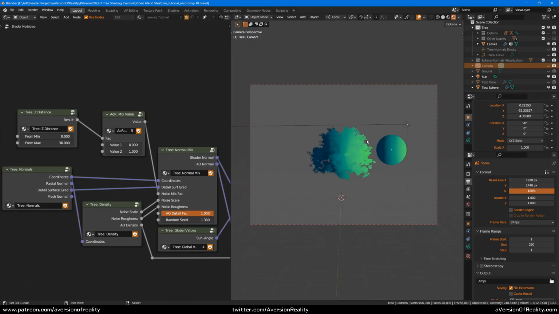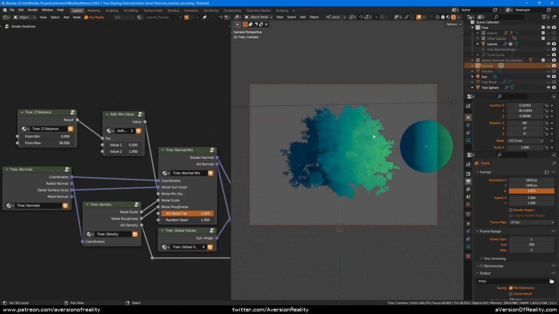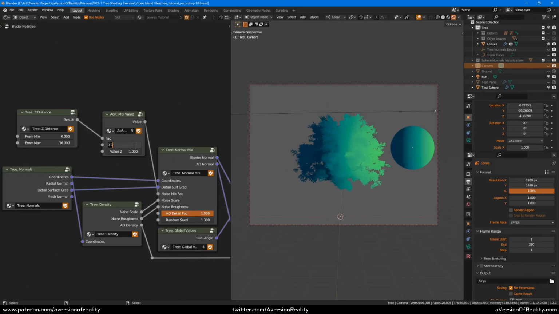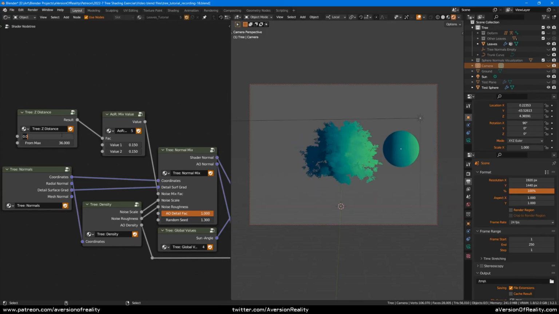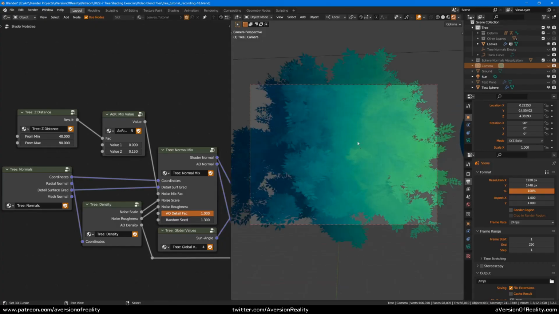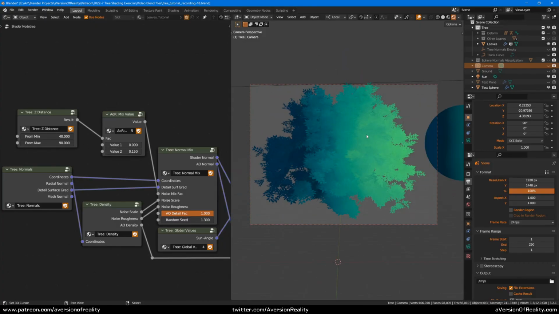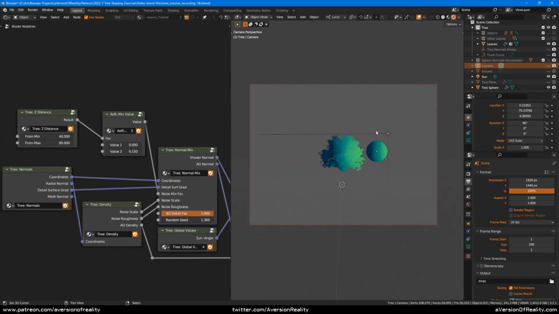So now we ask ourselves, at what distance do we still want to be fully on? I think I like my 0.15 noise out to about here. So that's 43. So we're going to start this at 40. And then I want it to be gone by, let's say, here. So that's 90. 40 to 90. And then we can set that to 0. And now we have our 0.15 noise as long as we're within 40. And as we get further away, eventually it is gone. But it's a pretty subtle effect,